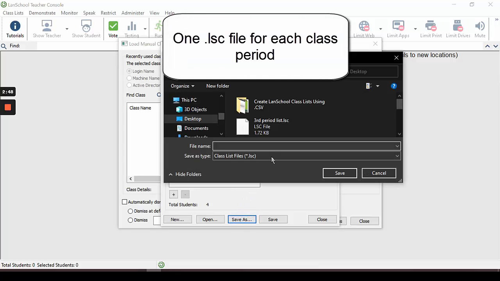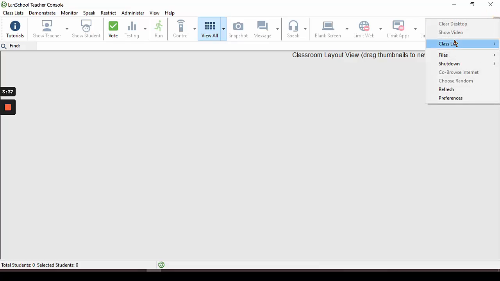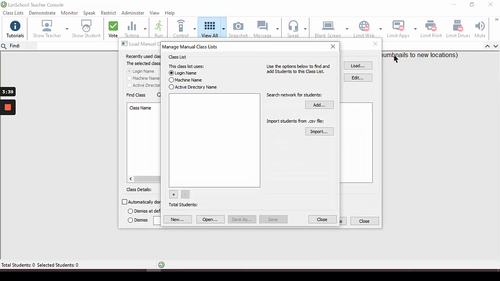This will allow me to save as an LSC file, which is what you will load into LanSchool to view your students. You will need one LSC file for each class that you have. Once I have my class list created and saved as an LSC file, I can return at any time to the LanSchool Teacher Console, select Class List, Manual Class List, and instead of using this window to create a new one,